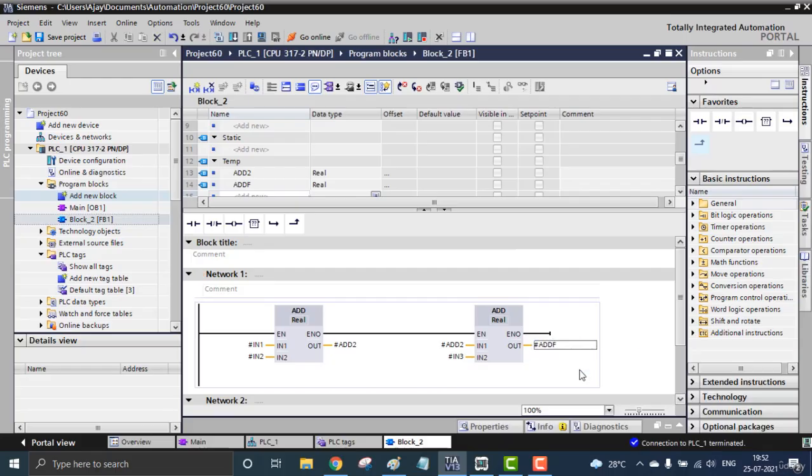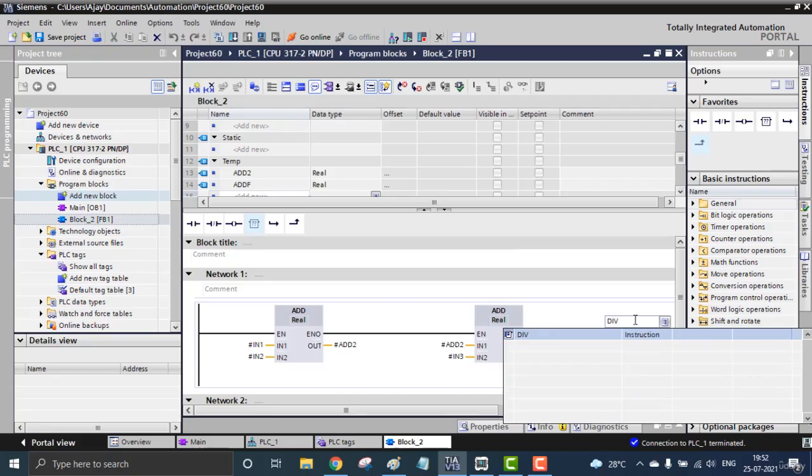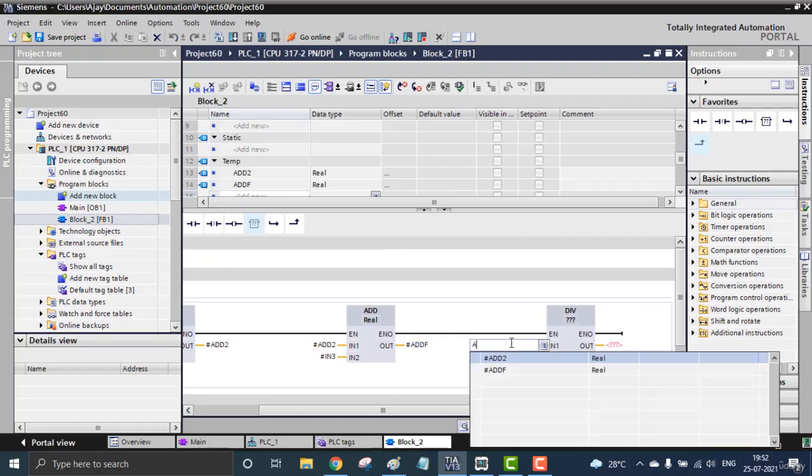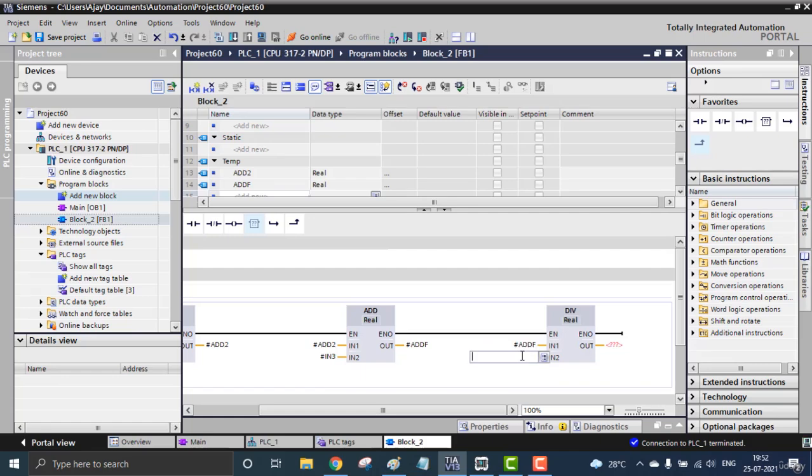I'm using addf for storing the total sum, and I'm also using one more block for dividing. I call it divide, and this divide will be doing addf divided by 3. So I can use addf, the complete addition result, divided by 3.